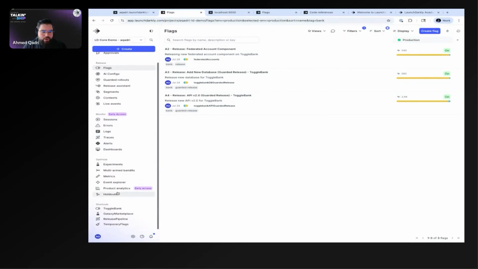And experimentation, we have all the experimentation products or tools available to you. And shortcuts, we'll be learning about this. It's basically having the view that matters the most to you. In this case, we are working with a demo application called ToggleBank, and as you can see, we are on the ToggleBank view. So the only feature flags available are those that relate to this specific use case, right? In general, this project has probably like 50 feature flags at this point, but it just makes the view cleaner